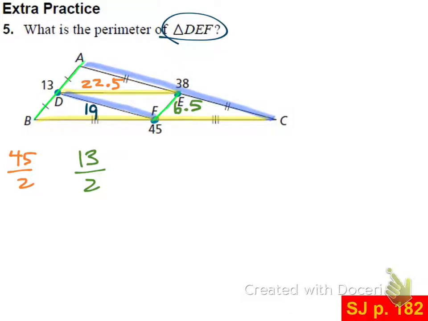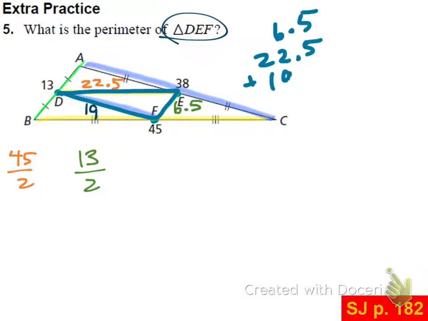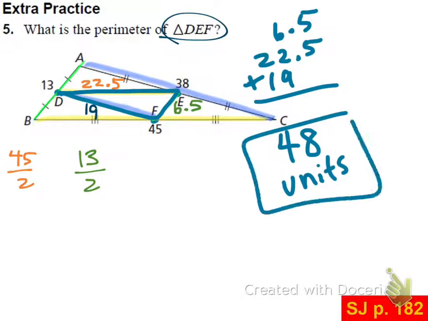So then, to find the perimeter of my inner triangle, what do we do? Add all the sides. So add 22.5 plus 6.5 plus 19. And we get 48. And we're going to write units. Normally it would say like inches or something, but